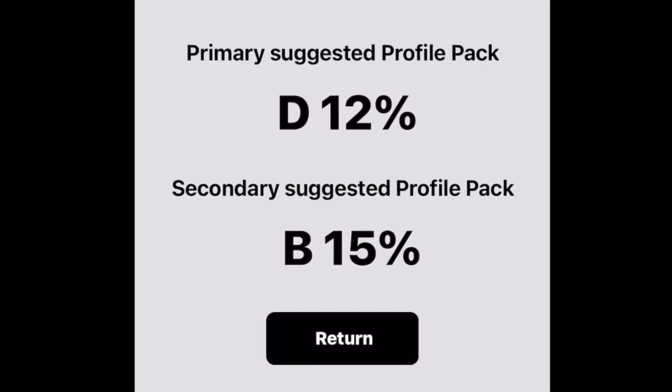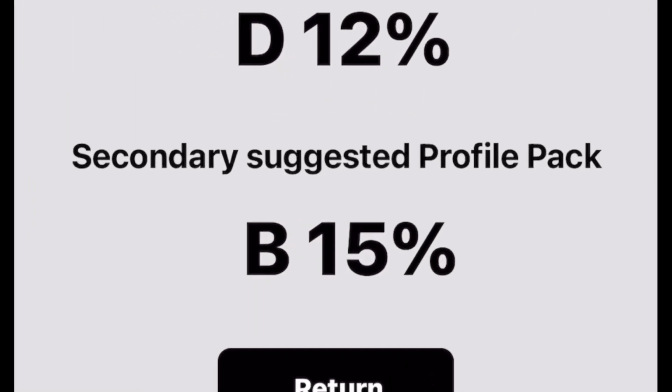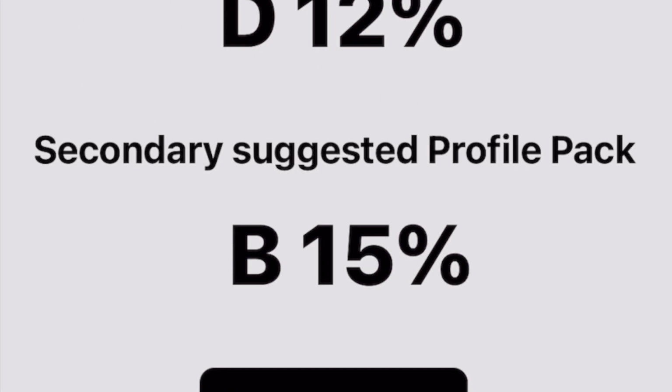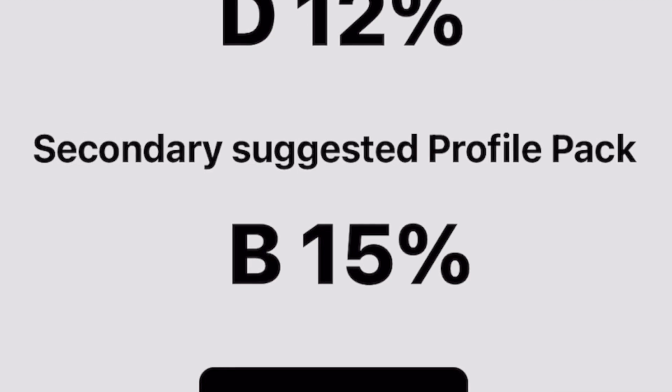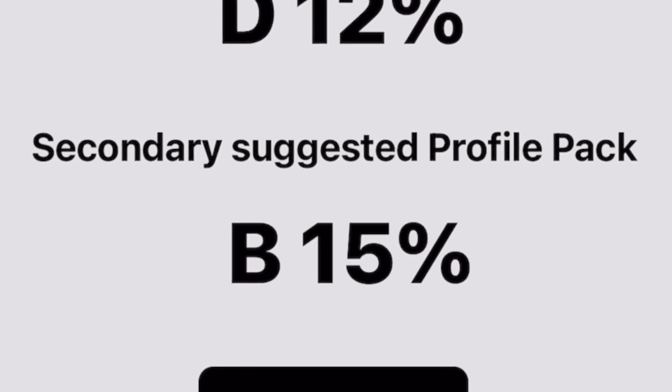In the section below, we may also see a secondary recommendation. The secondary recommendation is a profile our data shows will also be very suitable to your sample. The reason this secondary suggestion has been made as a backup is mostly due to your sample having a wider range to work with that can express the coffee qualities more favorably than what can be achieved solely by the primary suggestion.